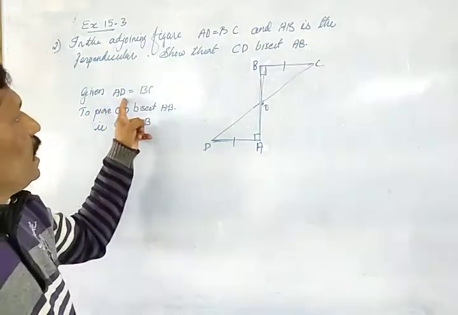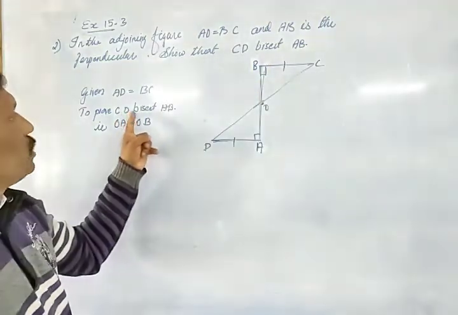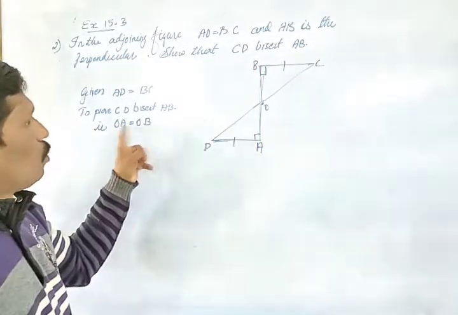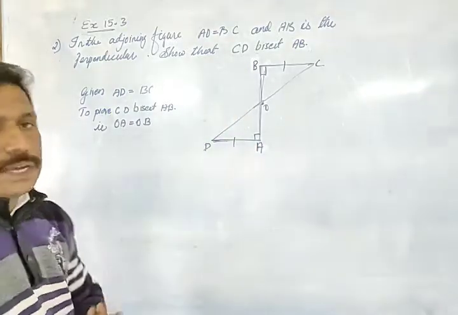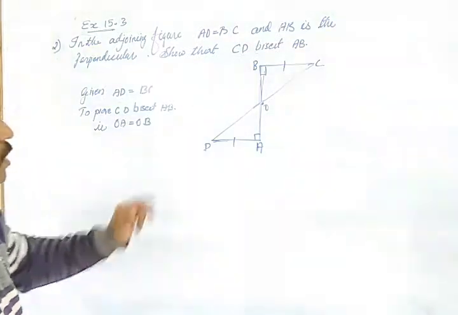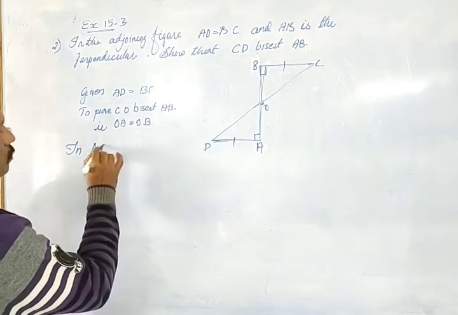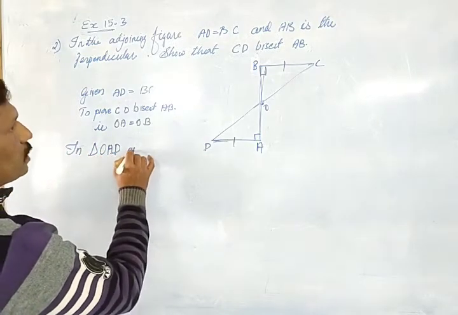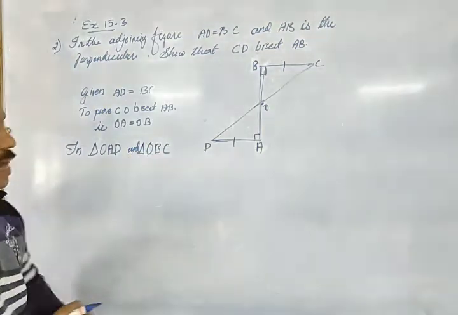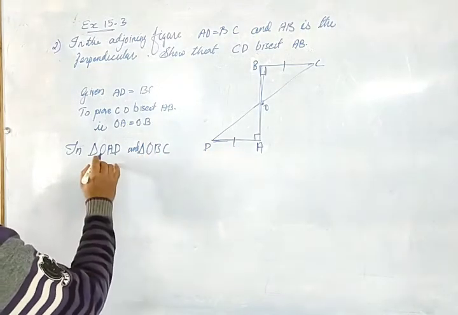So given AD is equal to BC, that is given, and prove CD bisects AB. We want to prove CD, that means this line bisects AB. That means OA and OB will be equal. That we want to prove. How to prove that? So first of all, in triangle OAD and triangle OBC, these two triangles if we take, then we can write